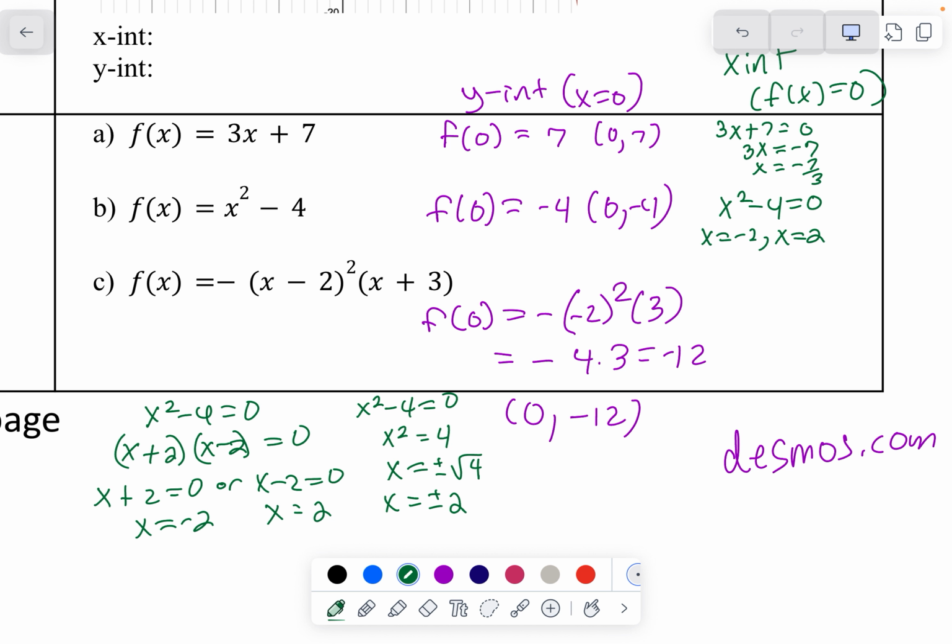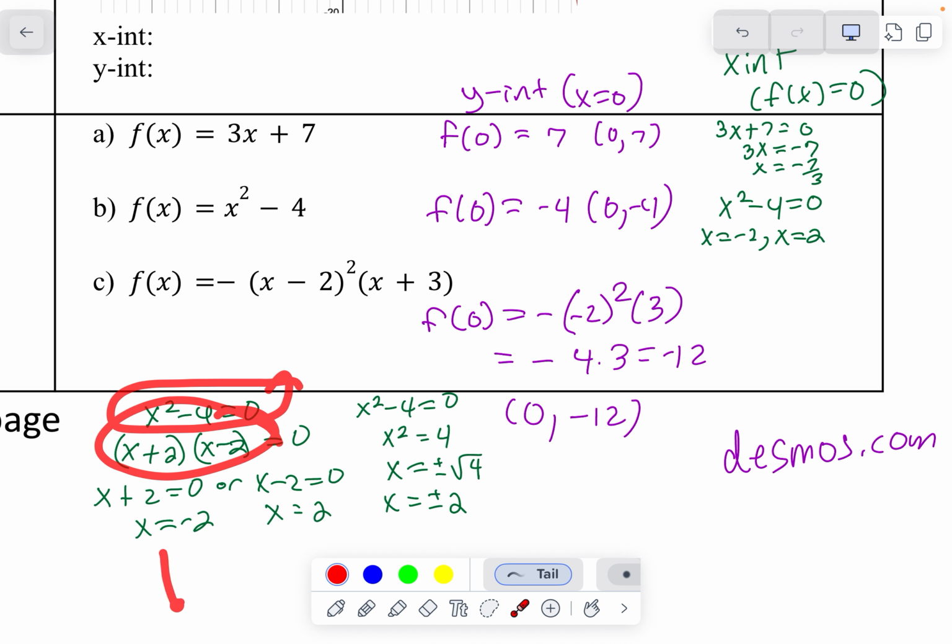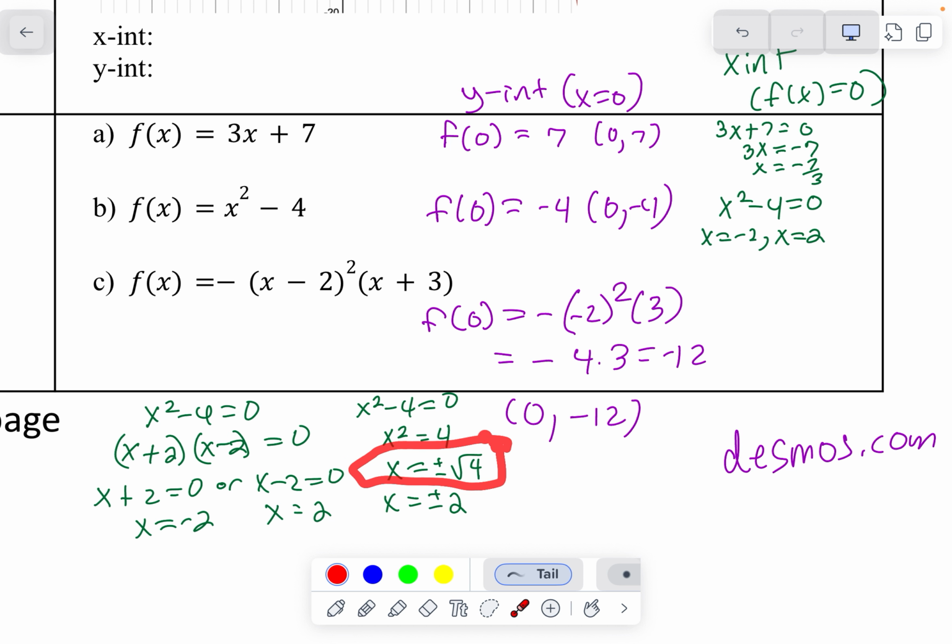So it's always important that you do that. If you want to set it equal to 0, factor it to find your two answers. If you want to square root, you just can't forget the plus or minus that goes in front. Okay? So this one has two x-intercepts. If we go back to our graph,